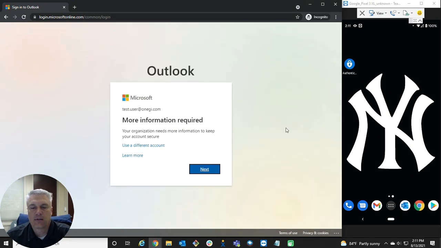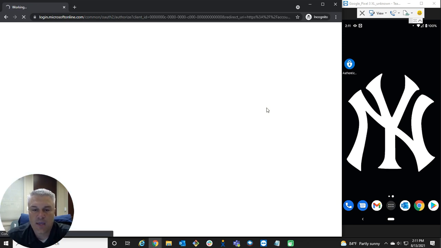Okay, after I sign in, it's going to say that more information is required. And this is just a one-time thing the first time you log in. What this is asking for is info that it needs so that in the future, if you forget your password or if you enter it incorrectly too many times and your account gets locked out, this will allow you to reset the password yourself without having to call the help desk or wait for someone to call you back or anything like that. So we'll do that, and the first thing that it's going to ask you to do